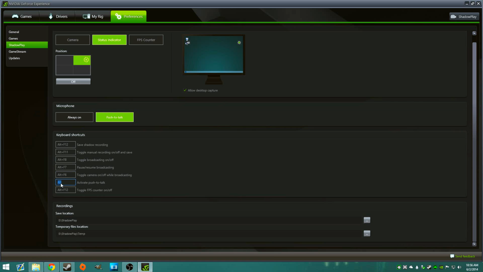Now, the main problem I have with this is you can't assign a mouse button to this. I'll try to do it right now, as you can see. I'm trying, and nothing on my mouse will work, so I'm just using Alt for now. It happens to be one of the keys that I don't use generally in games. It was defaulted to the tilde key, which I found odd, because that pretty much in every game that I know of opens the console. So anyway, whatever. I guess it's usable, so this way you don't have to toggle on and off microphones,